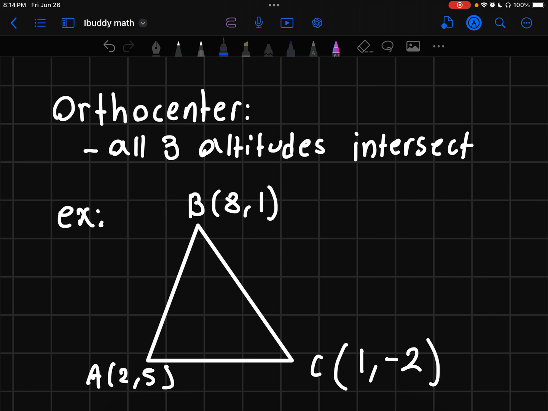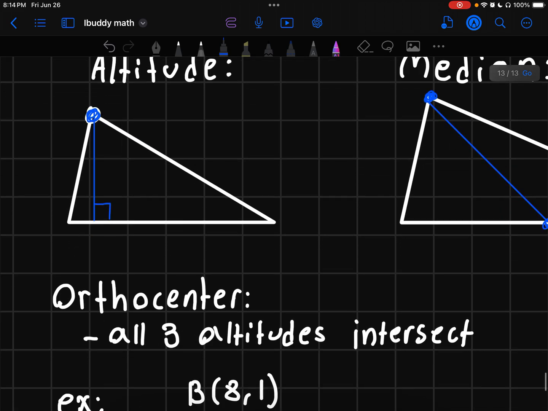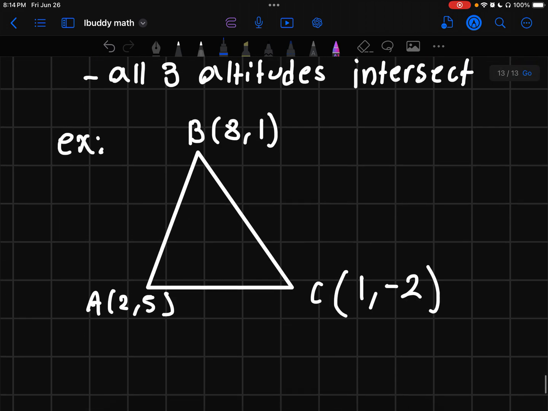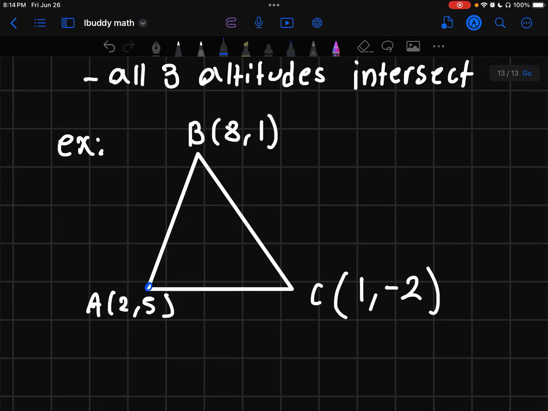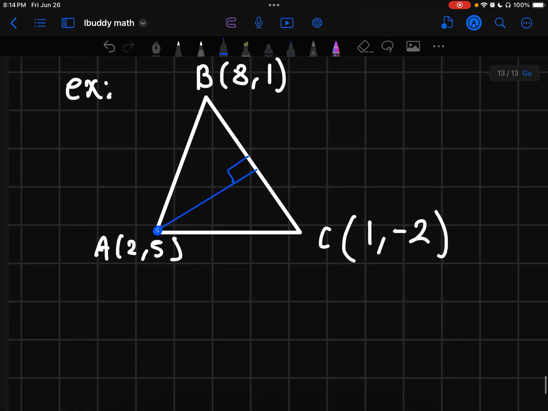So first, we have to find the altitude from A to BC. So this is the altitude, so it's basically from A here to BC. So we have to find that. So first we have to find the slope of BC, and to do that, we do